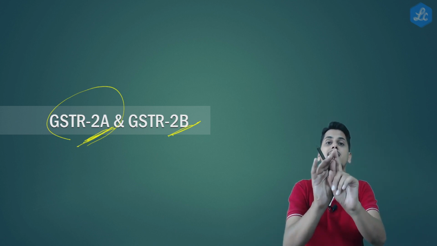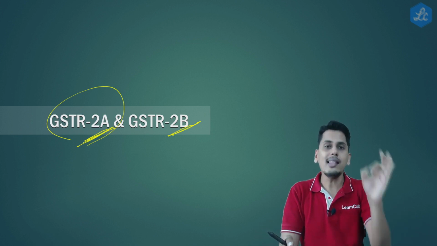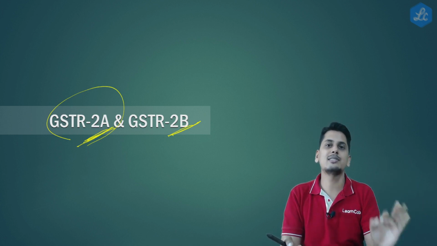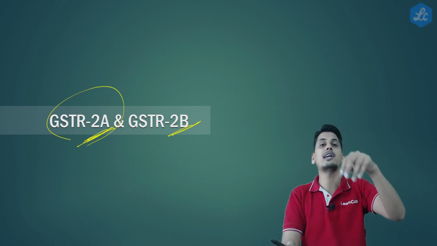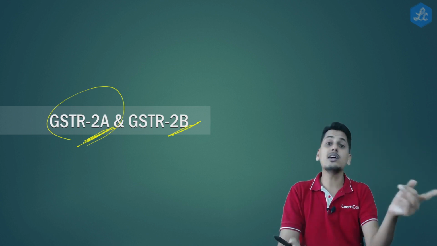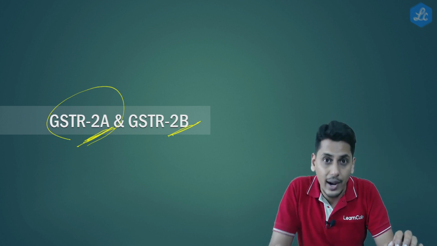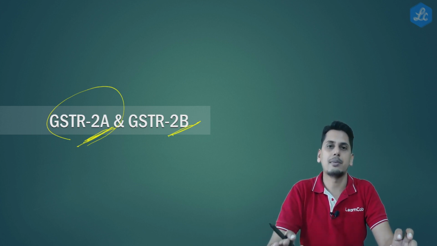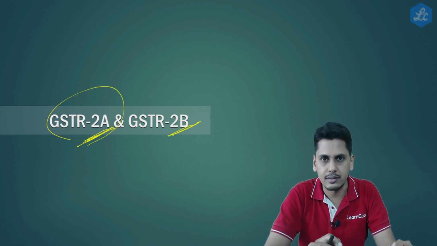You need not check the due date. You need not check the date of filing. All that you need to check is in which month GSTR 1 this particular document is included. If it is included in August, whether filed within due date or after due date, it will appear in 2A of August. If it is included in the GSTR 1 of September, whether that September month GSTR 1 is filed within due date or after due date, it will appear in 2A of September. This is as regards 2A is concerned.